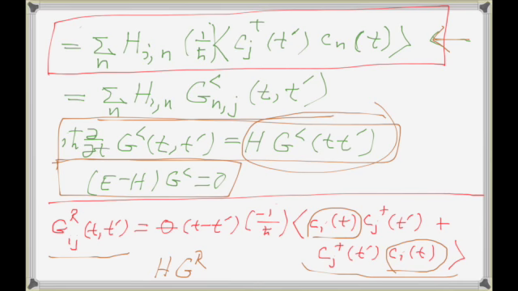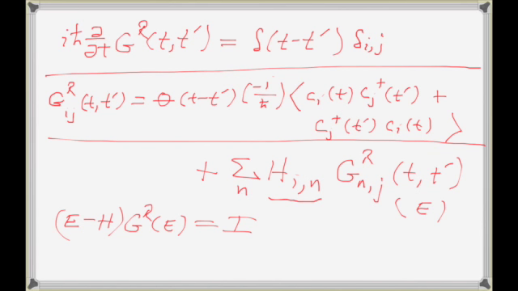But I have a new term here. I have to take into account the iħ d/dt acting on the theta term. That's the only novelty here. The iħ d/dt acting on this stuff in the brackets just gives me back H GR, just like it gave me back an H G less than. But I have one more term due to this. And so that term is, so iħ d/dt acting on